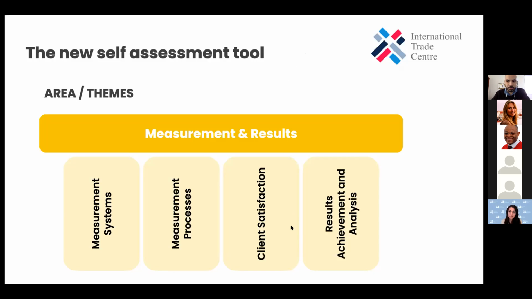I'm going to close the poll. I think this was the one that had a different range of practices within our small sample here. But those exercises were just for you to take a look at the kind of questions and the kind of assessment.